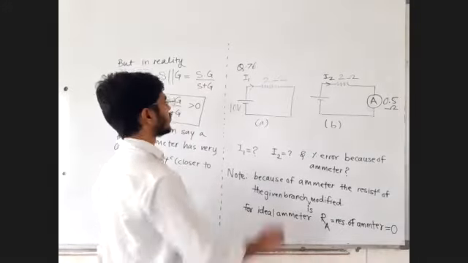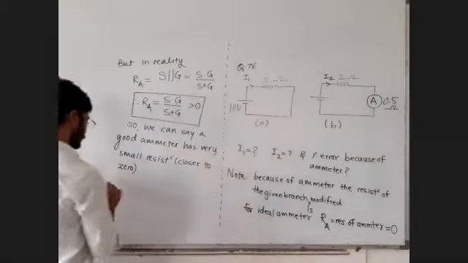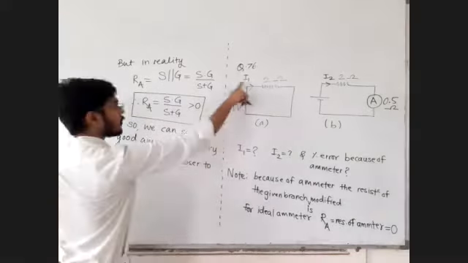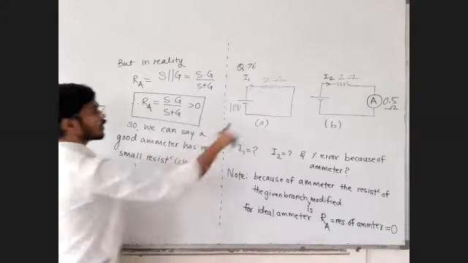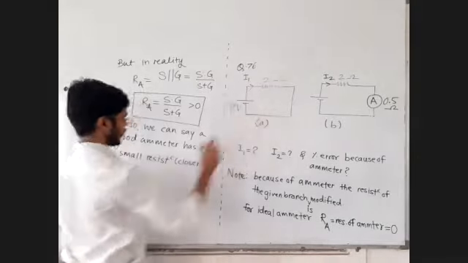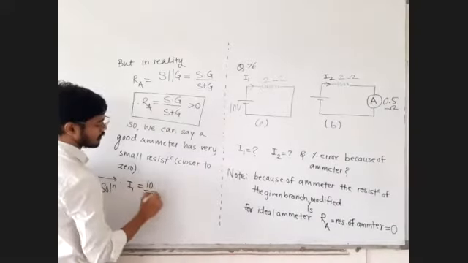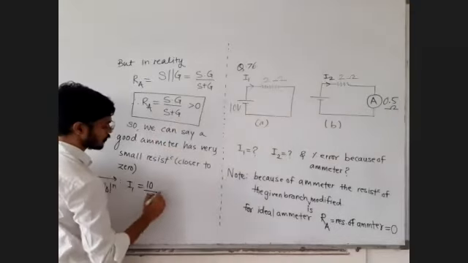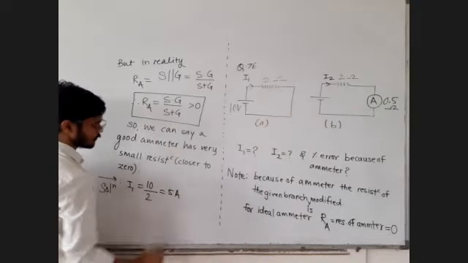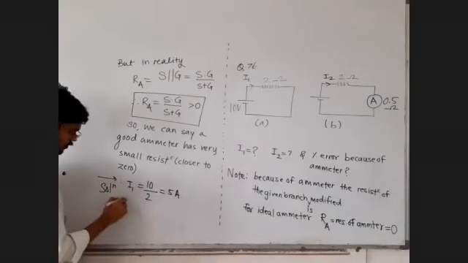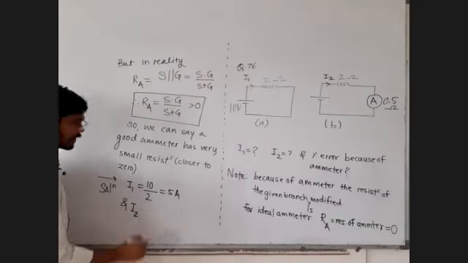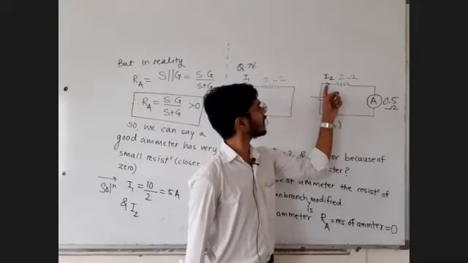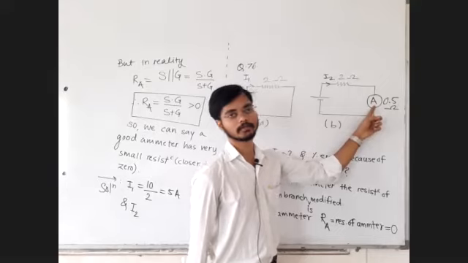Now in this circuit, what is the current? Solution to the given question. I1 equal to the current given by the battery is equal to the potential difference of the battery divided by the resistance of this branch. The resistance of this entire branch is 2 ohm. That is equal to 5 ampere. That is equal to 10 by 2 in figure A. And I2, in the second circuit, the current in the branch is I2, and that current I2 will be measured by the ammeter.